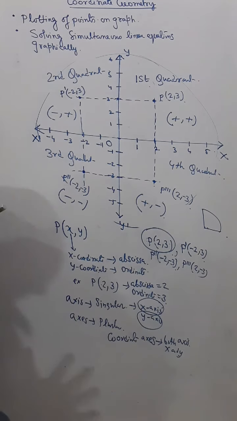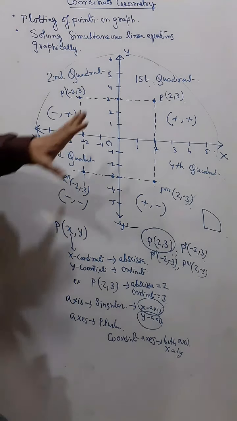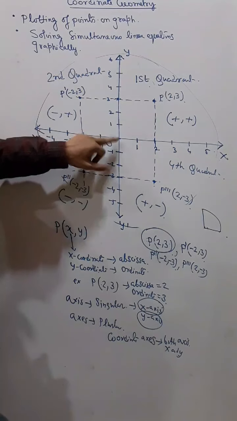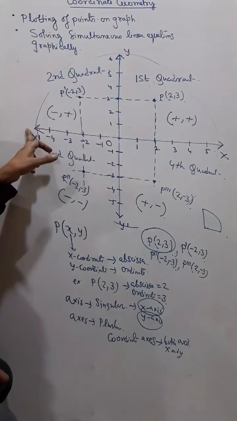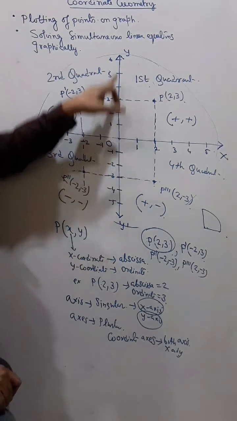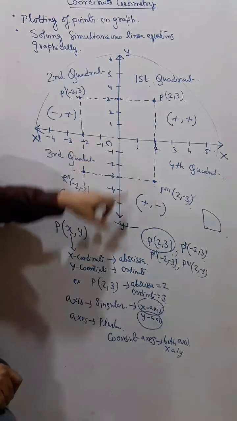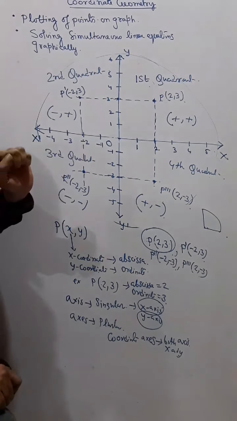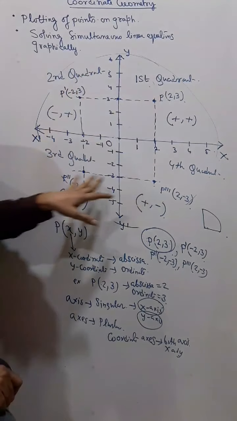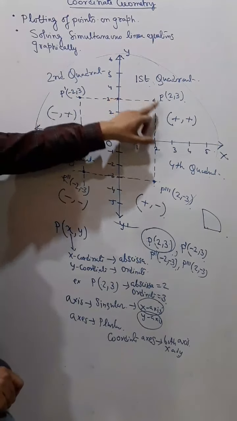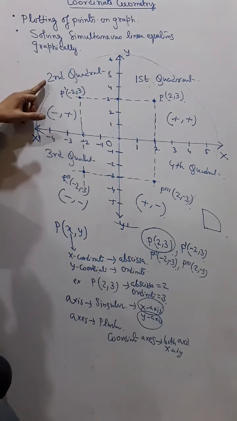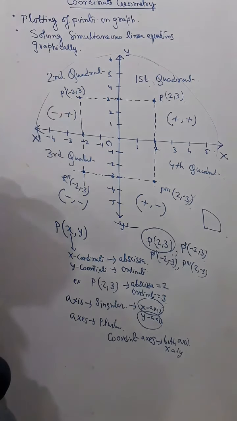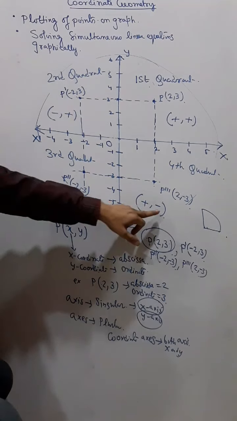Okay, so you have to remember here the first thing is that you have to understand what is origin. Origin is a starting point. You have to understand about x, and x dash, that is negative x. Similarly, y is the positive of y and y dash is the negative of y. You have to understand about first quadrant, second quadrant, third quadrant and fourth quadrant. First quadrant means both positive, positive. Second quadrant means negative, positive. Third quadrant means negative, negative. And fourth quadrant is positive, negative.